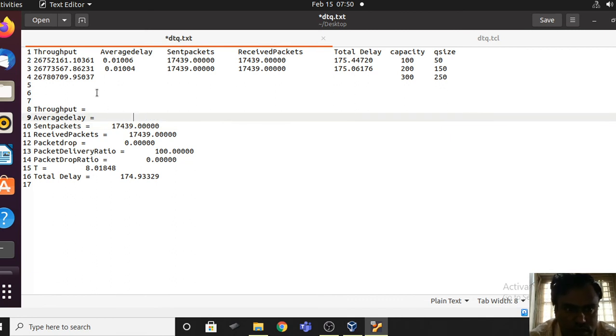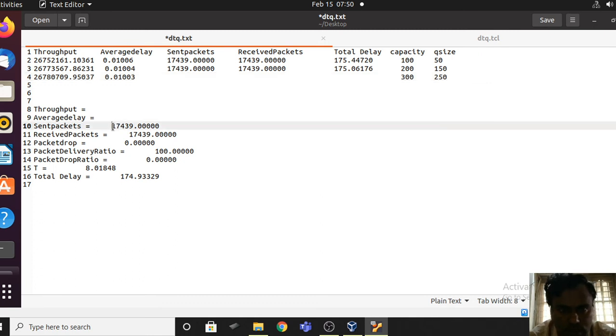Control X. Average delay. And then sent packets, received packets. Control X.